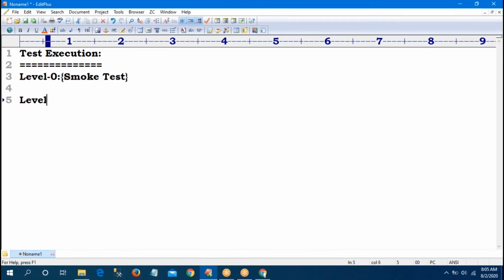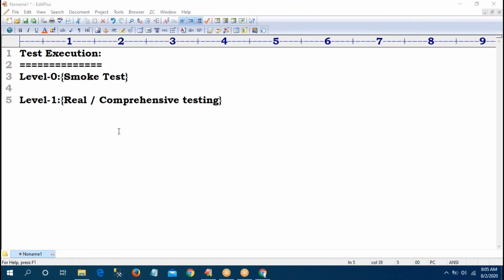Next, level 1. Level 1 is real testing or comprehensive testing. Means I can open all my test cases based on the step description, execute one by one, and write the actual result. I can compare both expected and actual. If both are same, test case should be passed. If any deviation is there, test case should be failed. So each test case,